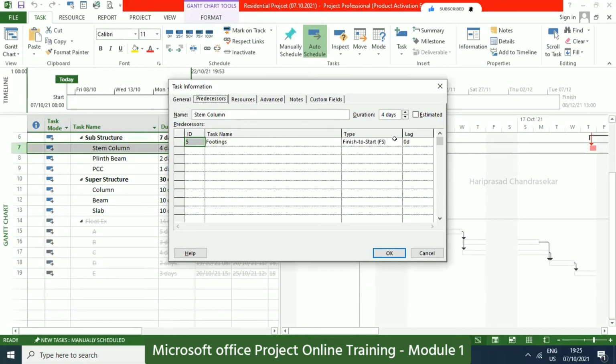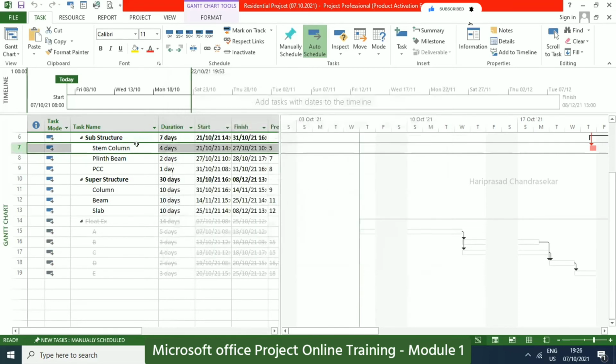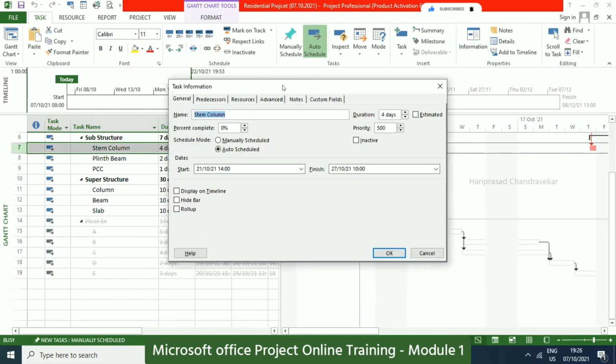You can assign predecessor, and you can also choose a relationship: finish to start, start to start, finish to finish, start to finish, like that. So if you want to change this, and if you want to put some leads and lags, then you need to double click and go to task information, and then you can do this. Or you can select and go for information. It will come. Both are the same. Double click, or like this from the ribbon.